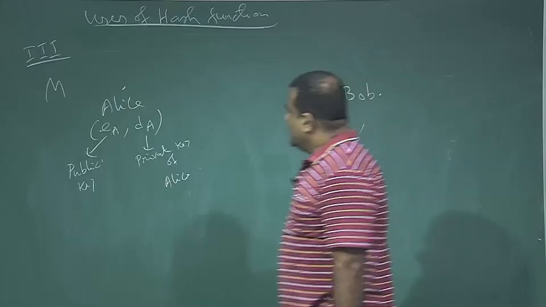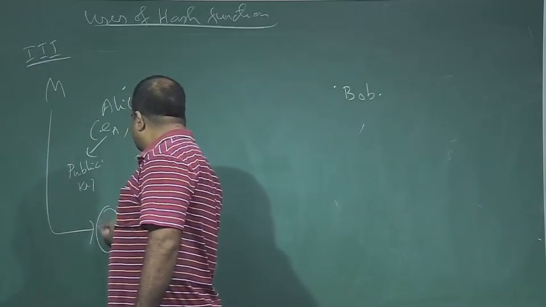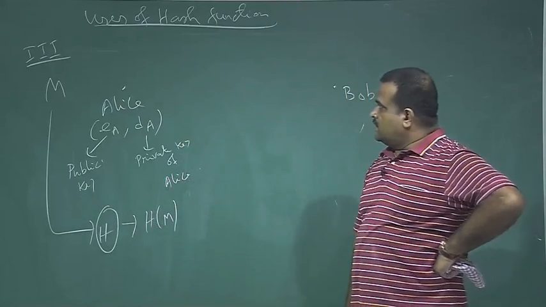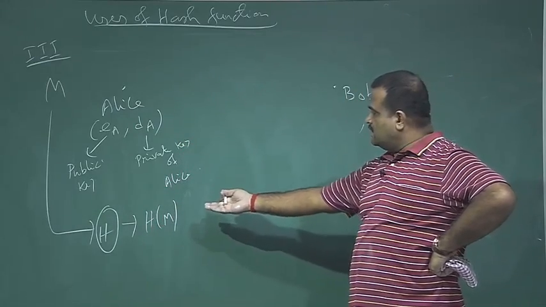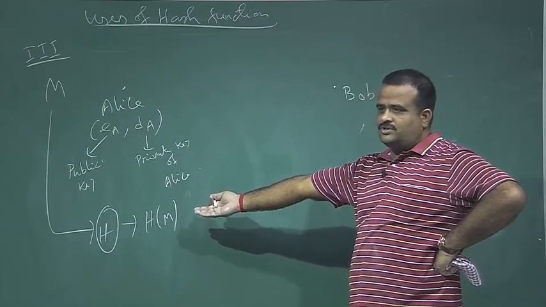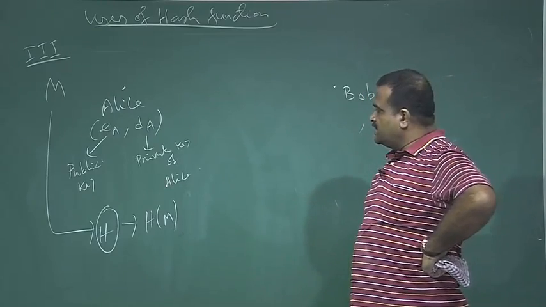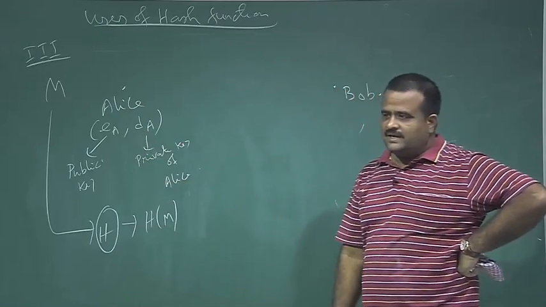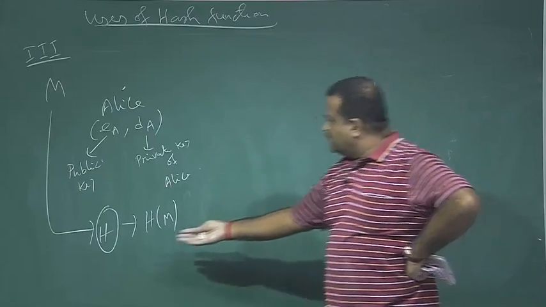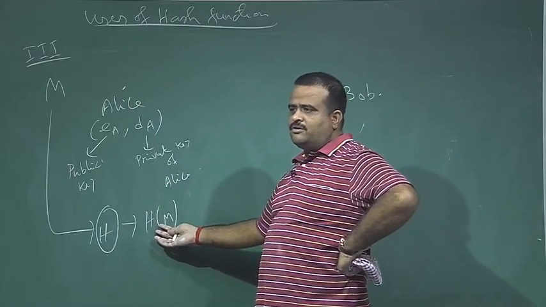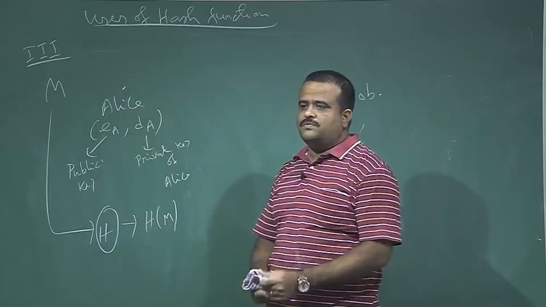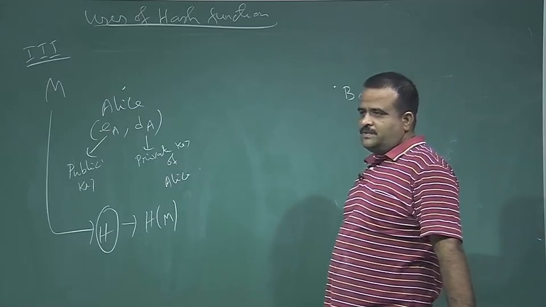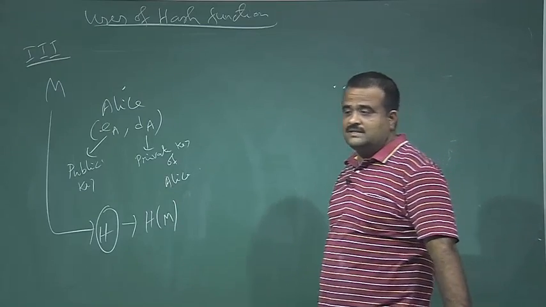So, what will Alice do? Alice will apply the hash function on it and get the message H of M. Then Alice will apply the signature on this message. So, Alice will do a sort of encryption, but using Alice's secret key, because it is signing. Alice is signing the message. Because this is reduced size, it won't be so expensive, because M is very big. If we had to do the public key encryption on M, on a bigger space, it would be more expensive,